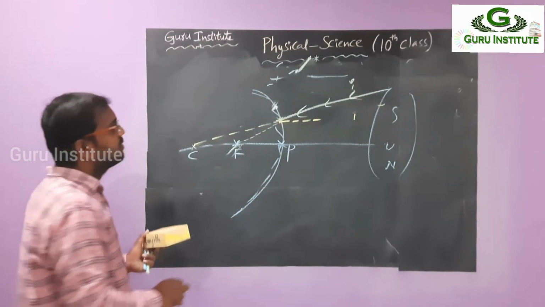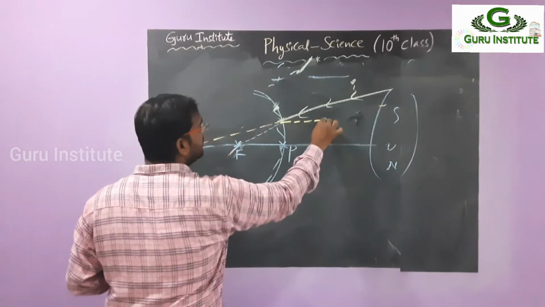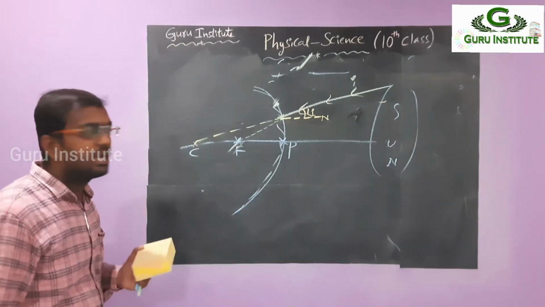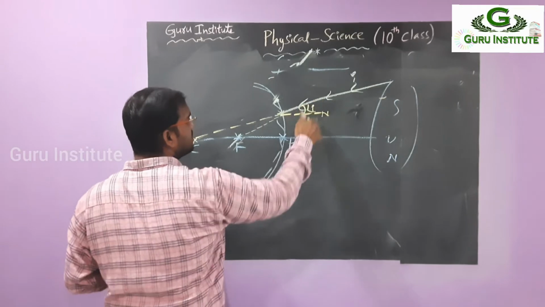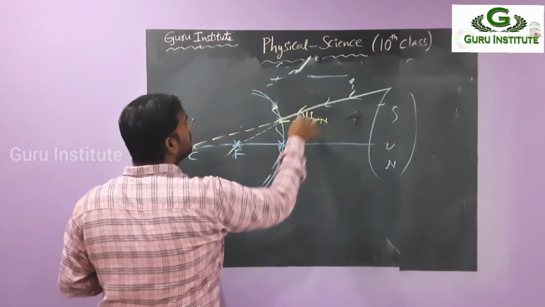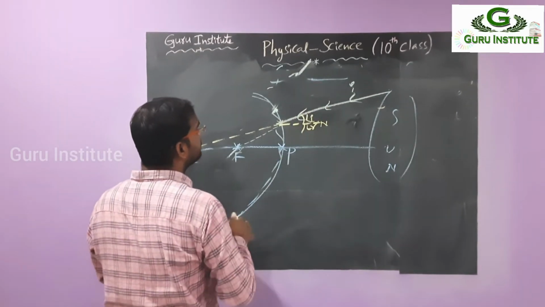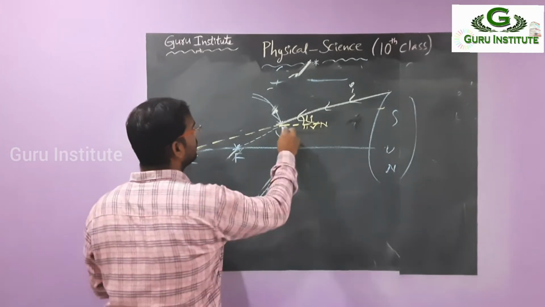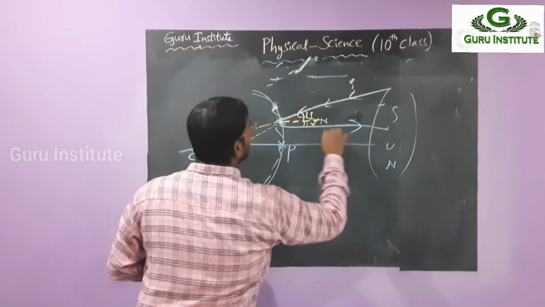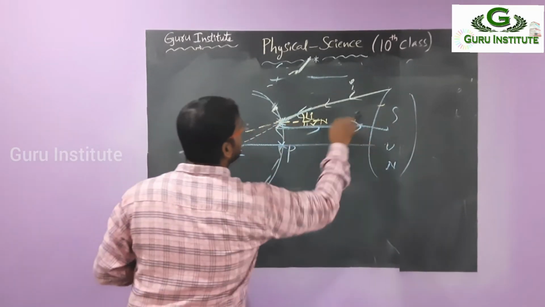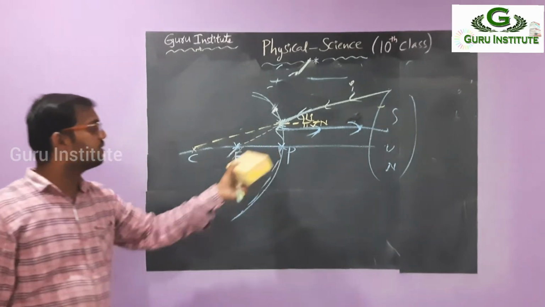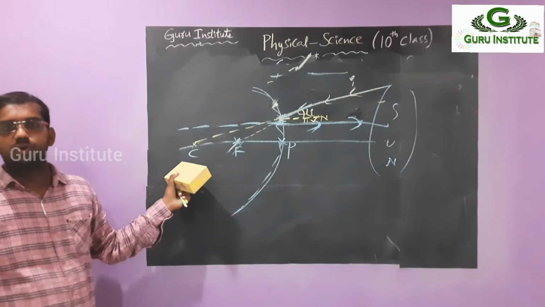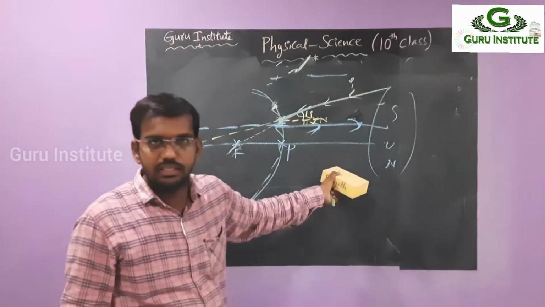Clear? Then we have to find the angle between the normal and the incident ray, that is angle i. For an equal angle we have to take the angle r. So that much only we have to take as angle r, and again draw this one. What do you get? This should be parallel to the principal axis. What will happen if we extend that side also? It should be parallel. So a ray passing through the focus becoming parallel to the principal axis is also proved.